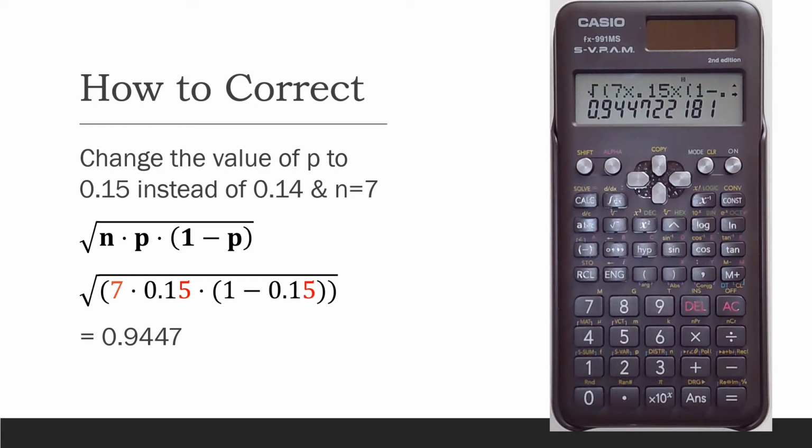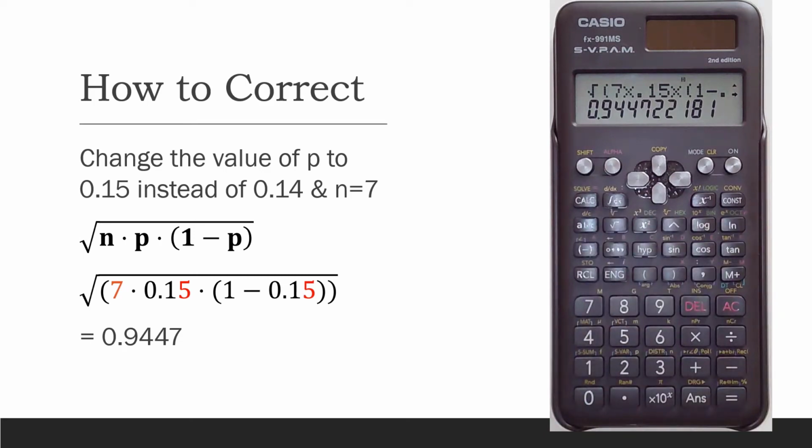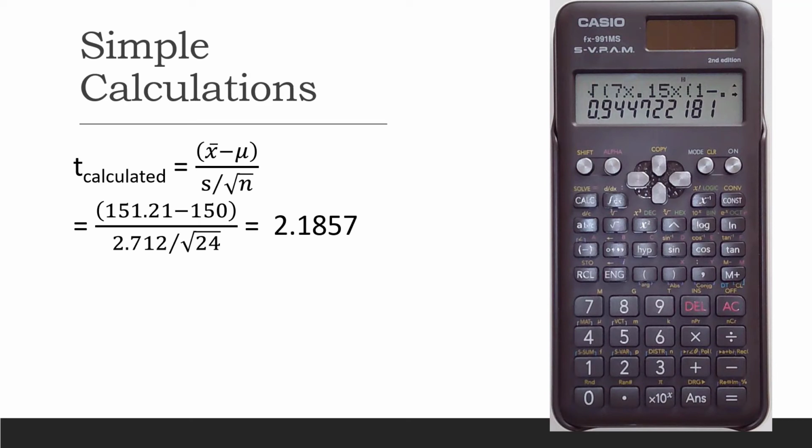So if you have made some mistakes or if you want to make some changes, you can do that in this calculator. Let's quickly do another simple calculation, which is finding out the t calculated, and that is given by this formula, which is x bar minus mu divided by s divided by square root of n. So if you want to do this calculation, let's quickly do that as well. So once again, I will start with the bracket, and in the bracket